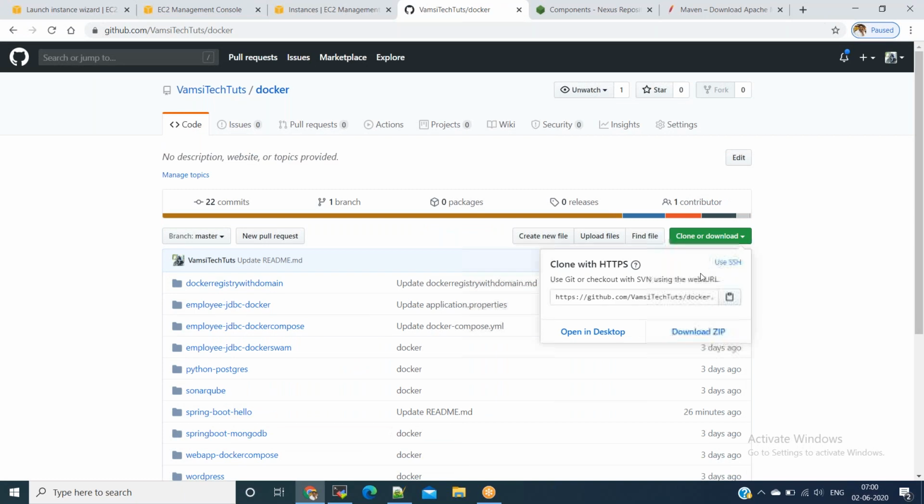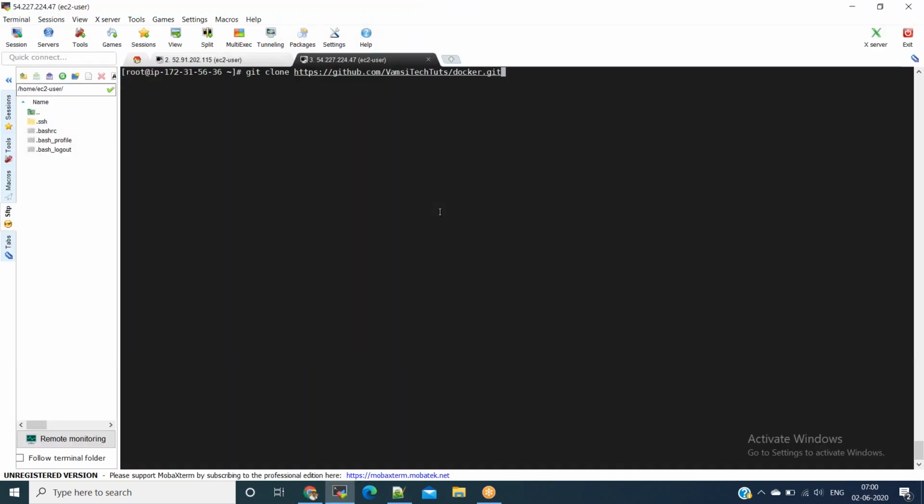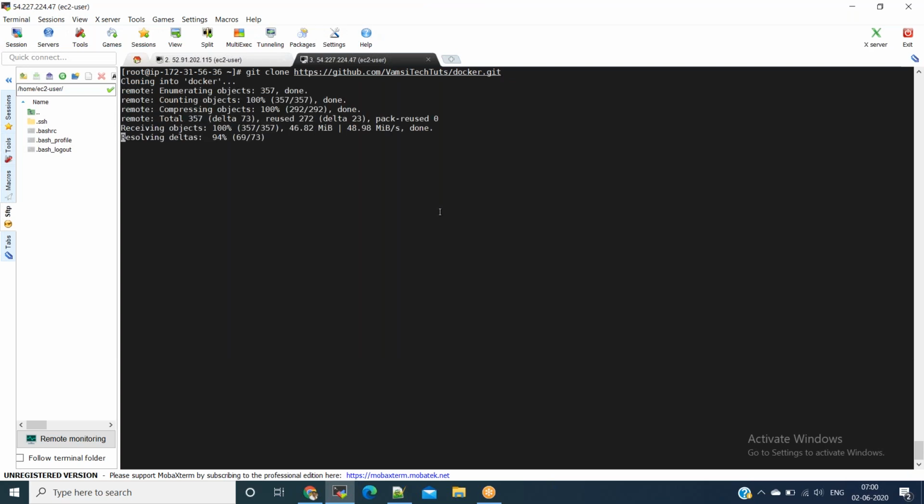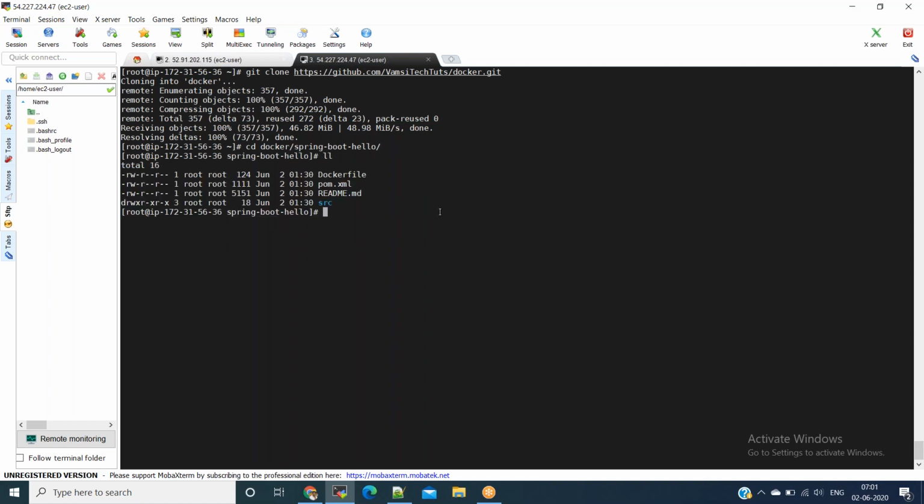Go to Docker, clone or download. We need to go to Spring Boot Hello. You need to keep that in mind. cd Spring Boot Hello, cd Docker Spring Boot Hello. First, we need to do the mvn build, mvn clean install.